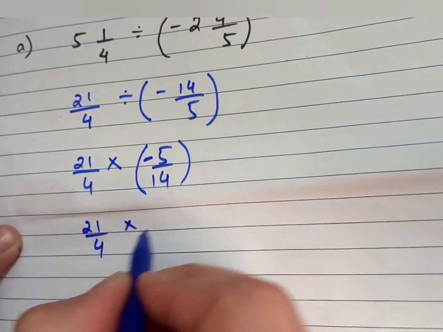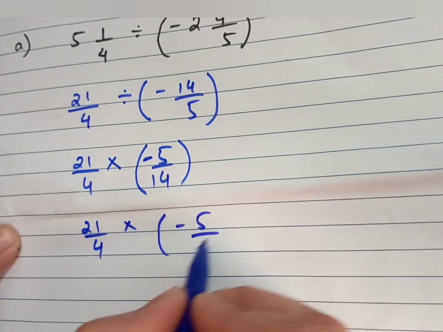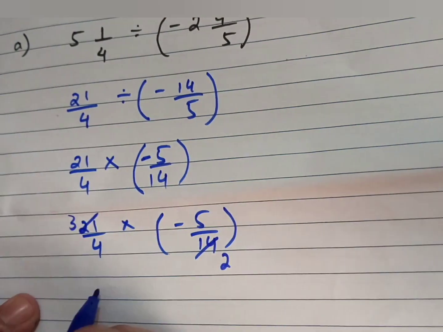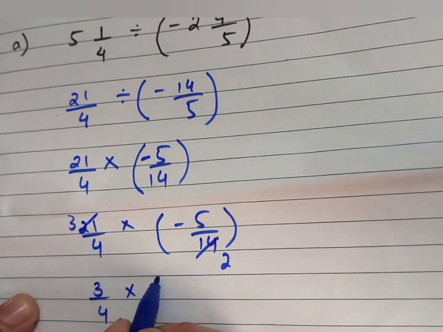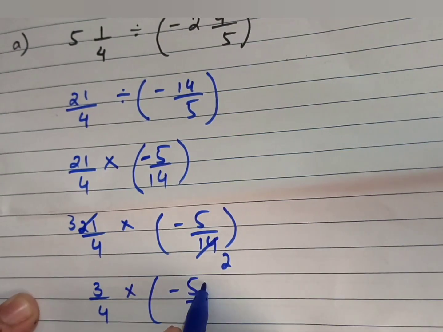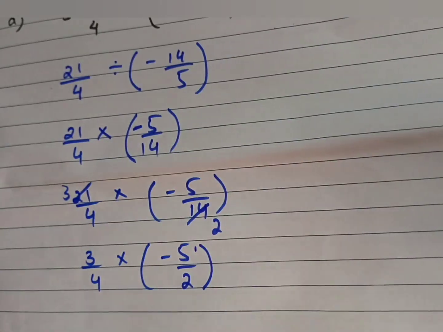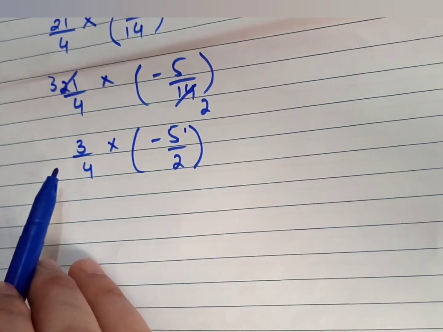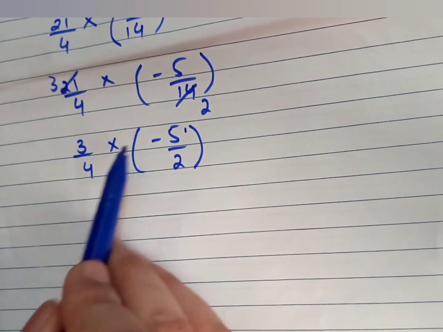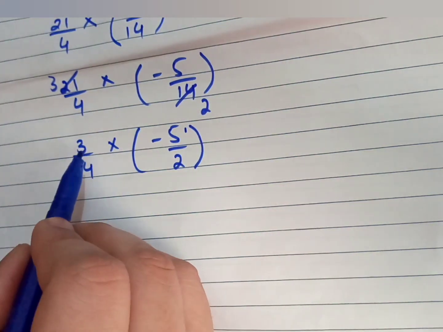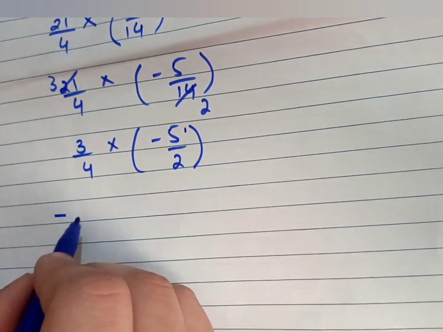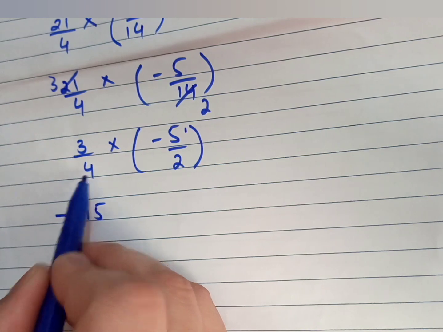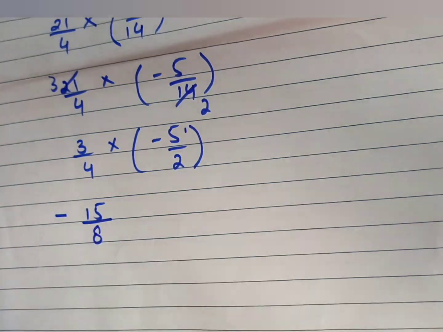Now in the next step, we will do the cutting. 7 2s are 14, 7 3s are 21. So 3 by 4 multiplied by minus 5 by 2. When there is no sign, that means there is a plus sign. So the 3 by 4 having the sign plus, plus times minus is minus. Now multiply the numerators, 3 into 5. 3 5s are 15. And multiply the denominators. 4 multiplied by 2, so 4 2s are 8.